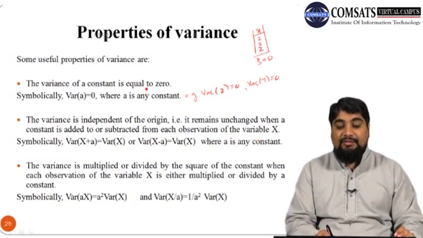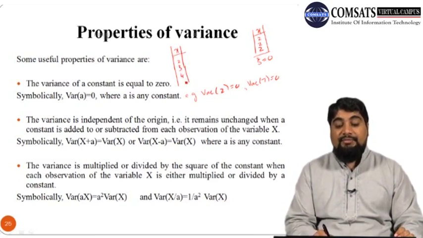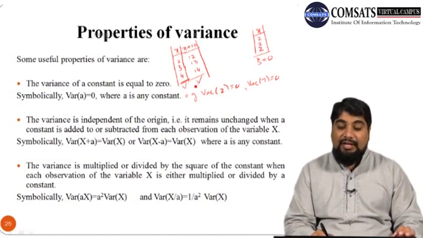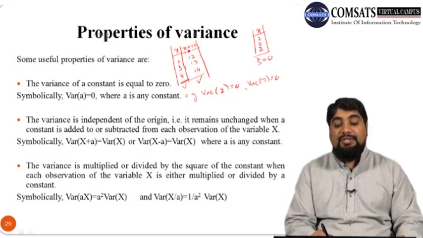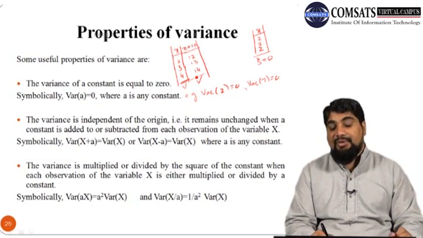So in order to explain it, suppose we have this variable x here containing several values, suppose 2, 3, 4, and we calculate its variance and then we add a certain constant to each of the x entries. So 2 plus 10, 12, 3 plus 10, 13, 4 plus 10, 14. So the variance of this data set and this data set will always be the same. So it means adding a constant to each of the observations will not affect the variance.